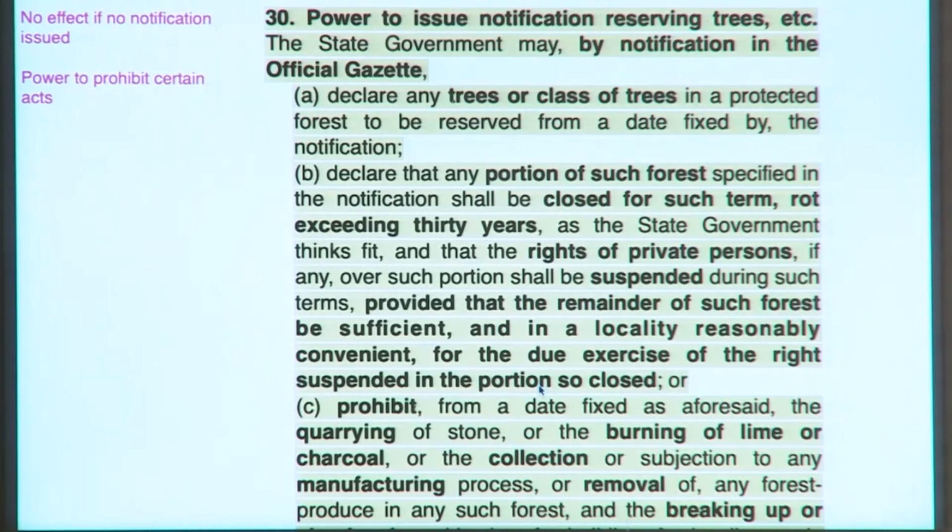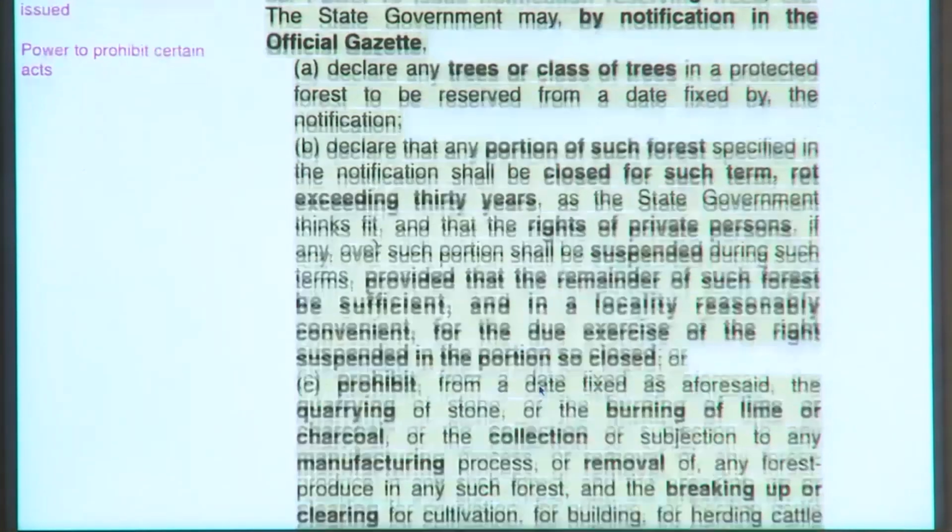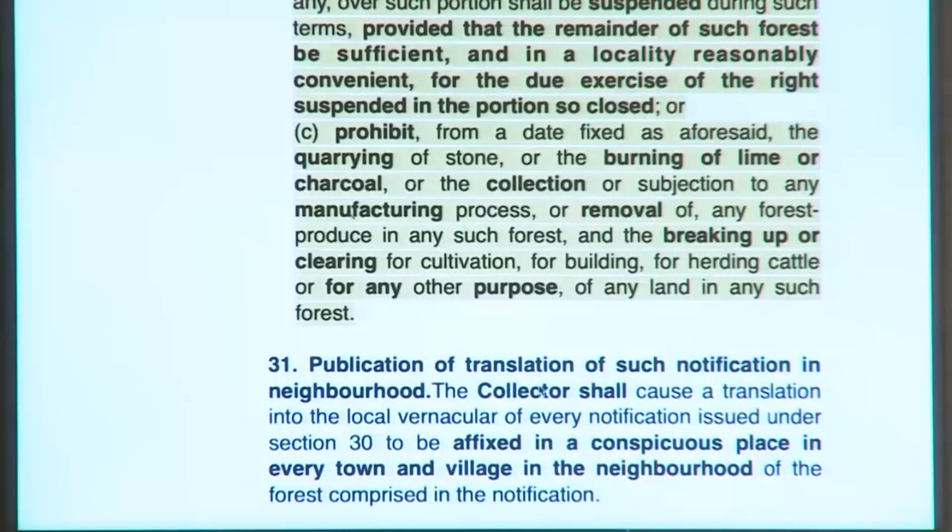So, the government can reserve trees in a protected forest, or the government can say that a certain portion of the protected forest is now closed. When we say closed, it means it is closed for grazing, but the government will ensure that the rights of the people are protected by providing certain alternatives,